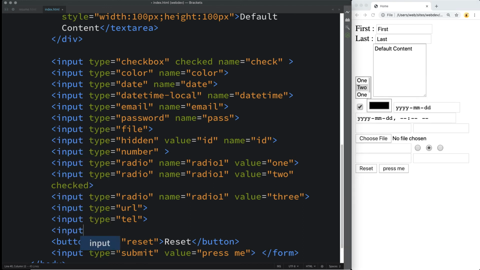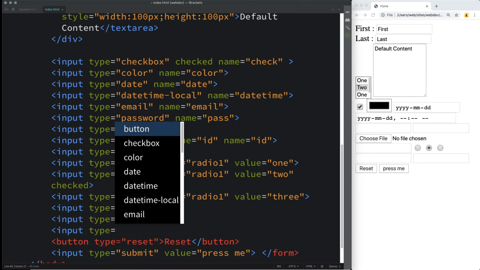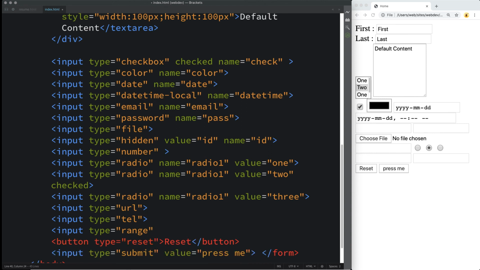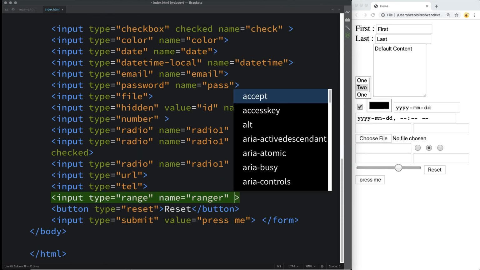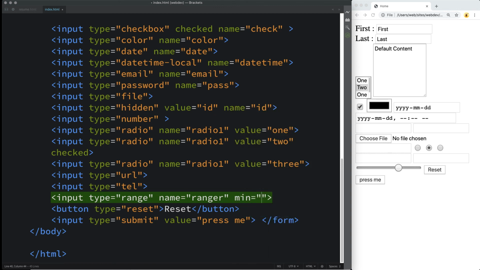Let's just do one more before we conclude, and I know we've gone over quite a bit in this lesson. There's range, and I'll give it a name. The way that range works is it's got this slider element that's going to appear within the form where you've specified the range to exist. It's got a visual controller for the range value, but we don't have any values set. Typically, you would set a minimum and a maximum value.